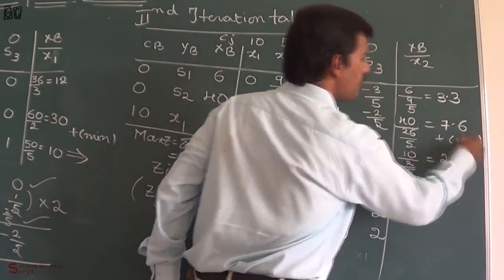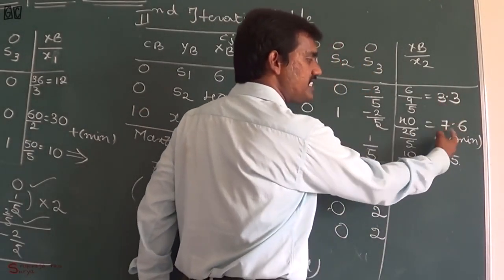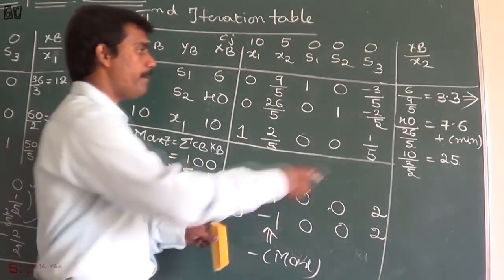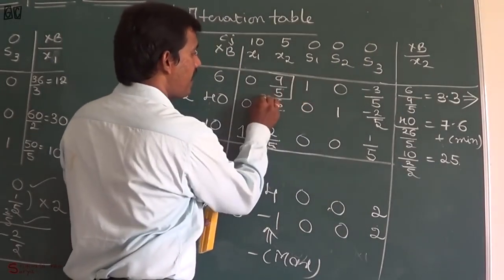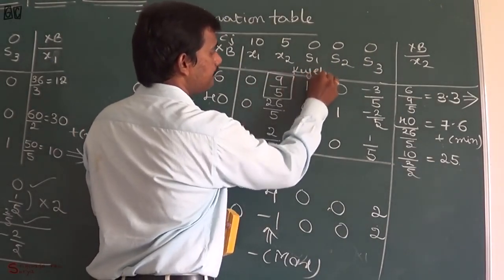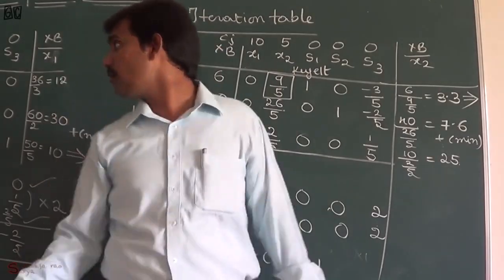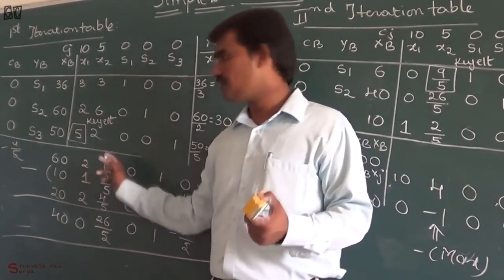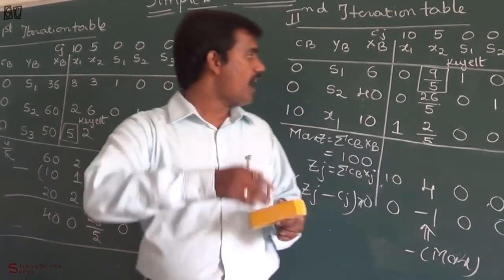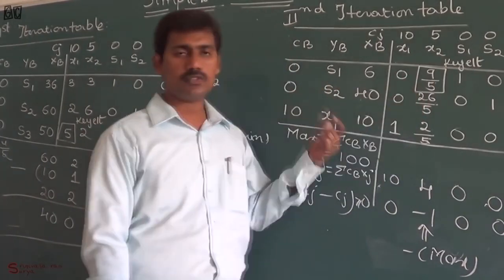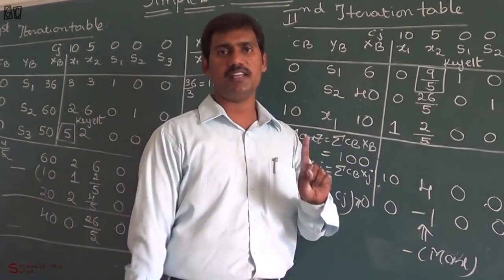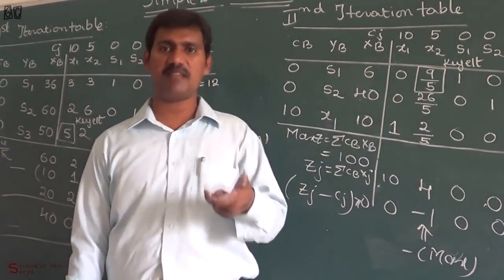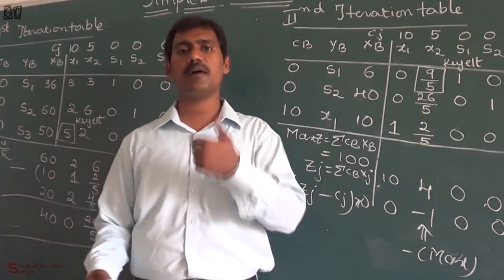So in this case, we have to consider plus of minimum. So what is the plus of minimum from these three? Obviously 3.3, 7.6, 25. So obviously 3.3 is the plus of minimum. So now if you combine these two, that is 9 by 5 is the key element. In the previous problem we got 5 as the key element, so because of this 5, we were unable to satisfy this net evaluation condition. Now we have 9 by 5. So we have to make this key element unity by dividing itself. So in order to divide with 9 by 5, it's better to multiply with 5 by 9.